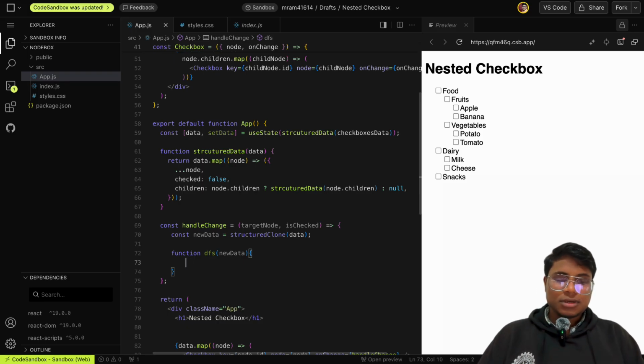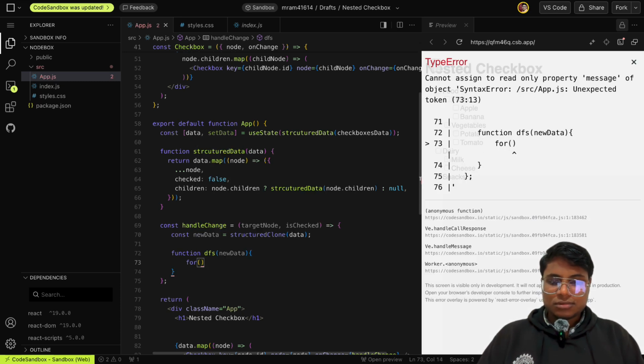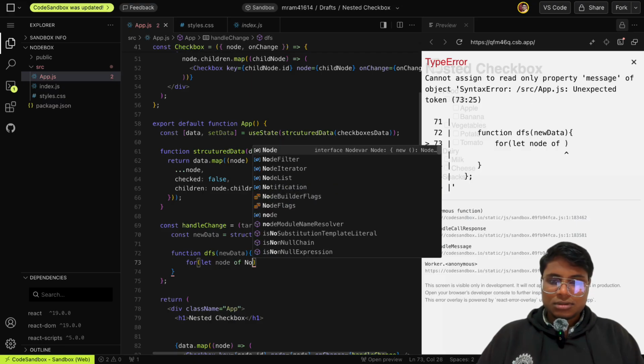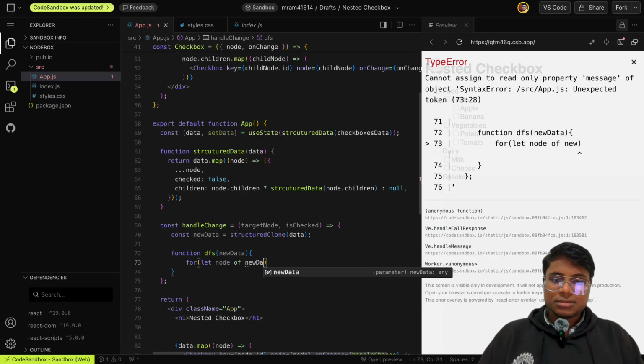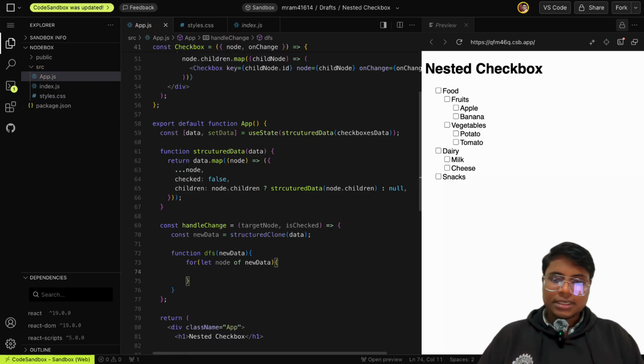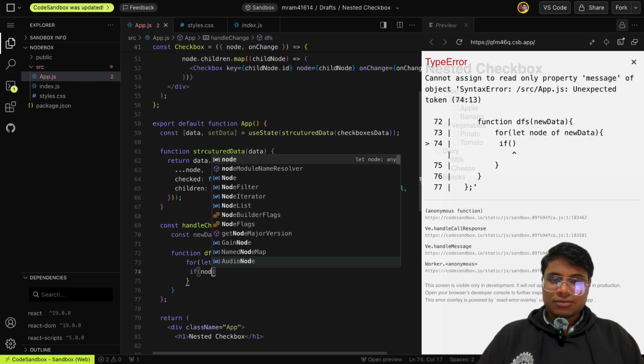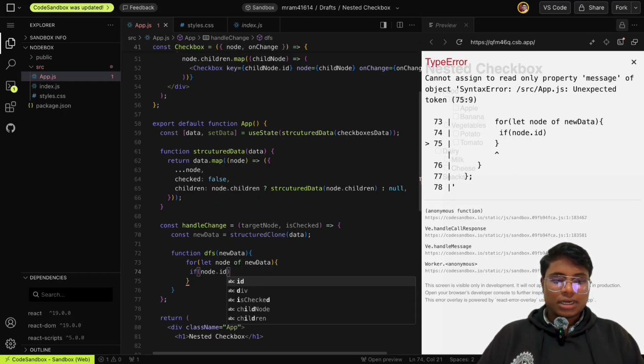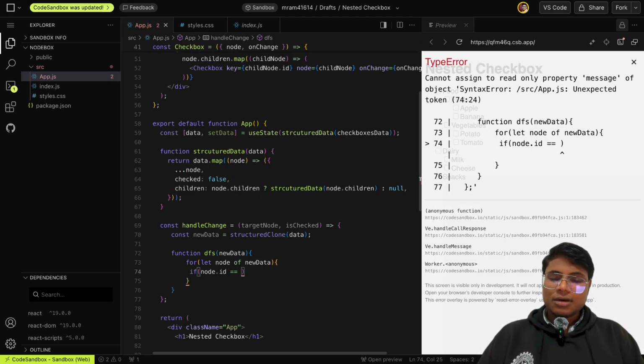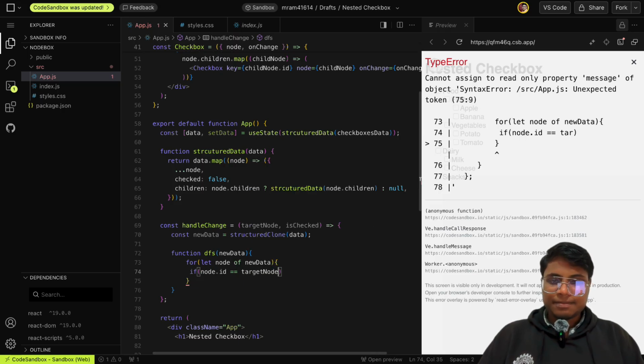Now we can traverse over it. For the traversal, I can use the for loop: for let node of new data, and then I can say if our node.id is equal to the target node.id,